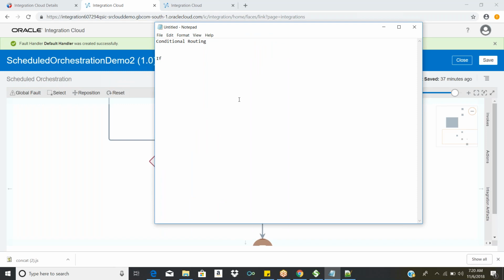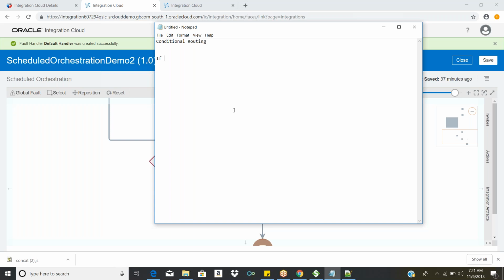Take the if-else conditions in a PL/SQL program or stored procedure. If my employee salary is greater than 5,000 pounds, then I have to do something.